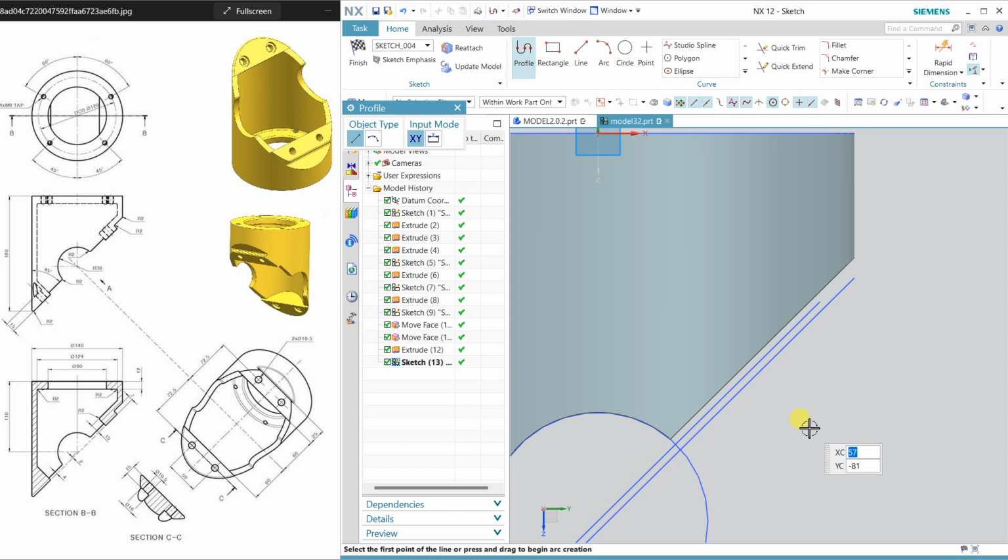and here I'm starting from this outer line and click, and the line is going up to this, a little bit inside, again inside, and matching to this line and make it close.